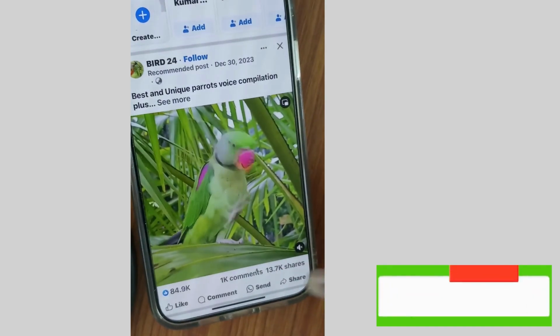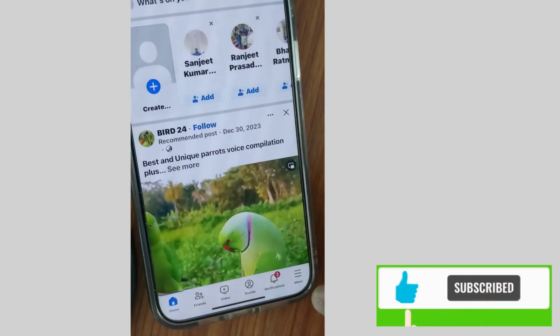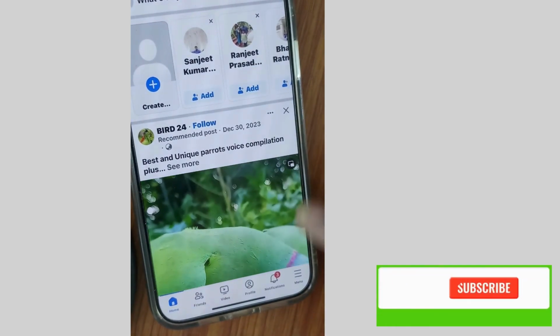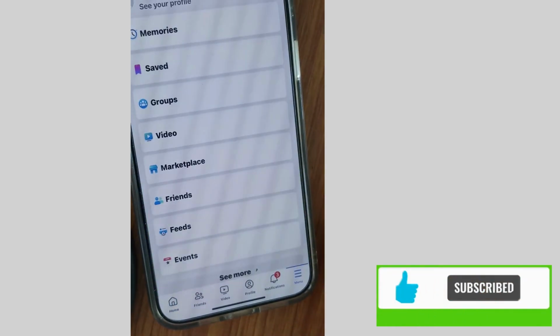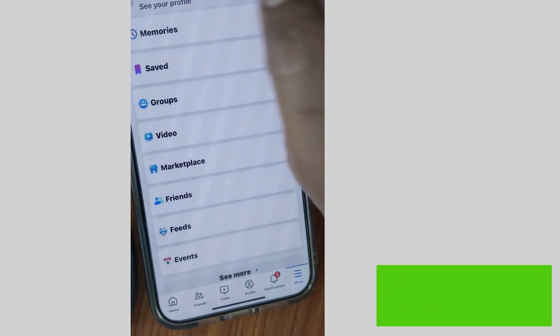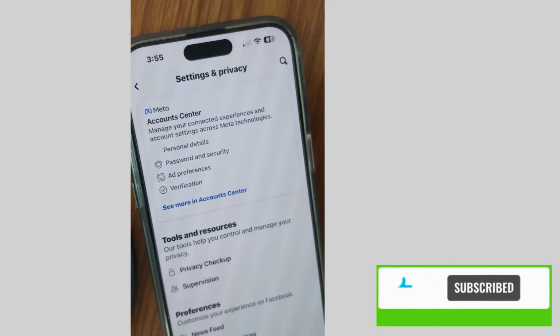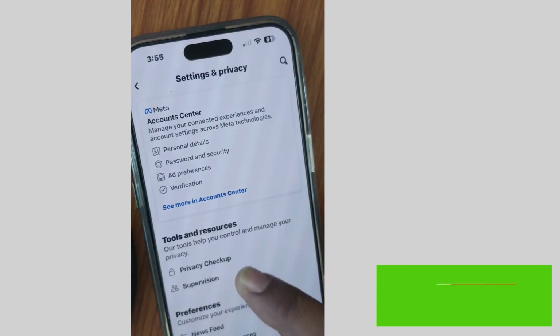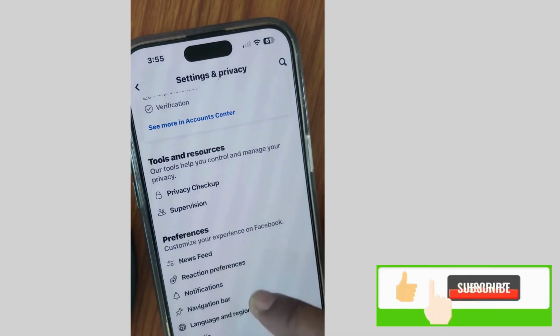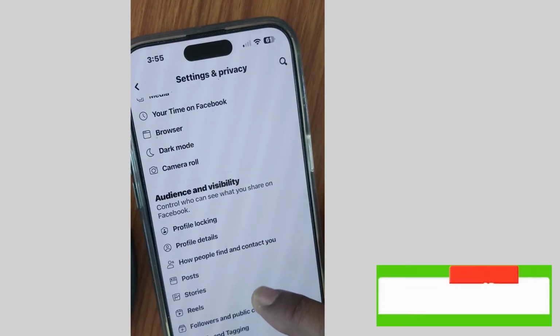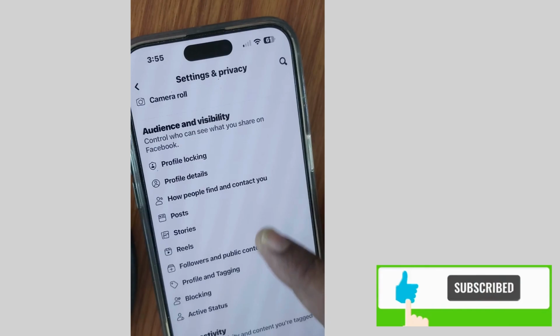And to fix this issue, the first workaround is to go to the three horizontal dots and choose settings. Open the Facebook settings page and here scroll down and look for